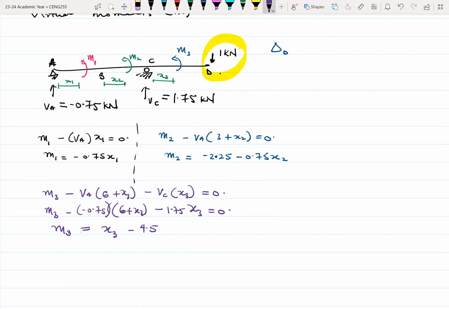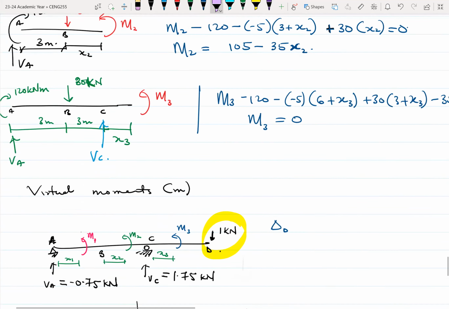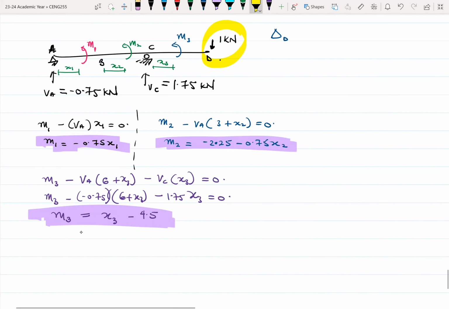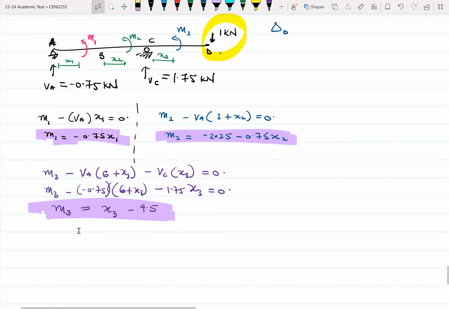Okay. So you have these three, you have your M1, your M2, then your M3. So for the virtual moment, then for the real moment, you have your M1, M2, and M3. All right. So then next thing is to formulate equations based on that. I mean, to write